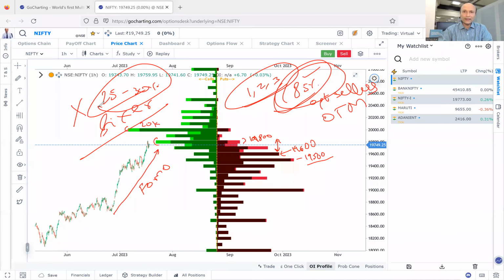So why don't we start thinking like a big player? अगर हमारे पास कैपिटल 1 लाख ही है, 2 लाख ही है, 5 लाख ही है, तो why not think like big players, and how do we go about that? So it's very important that you start thinking about what they are doing. The first way of doing that is, let's see where these players are creating positions. An open interest profile helps us know where these players are creating their positions, and that open interest profile will help us understand कि market का trend क्या है.